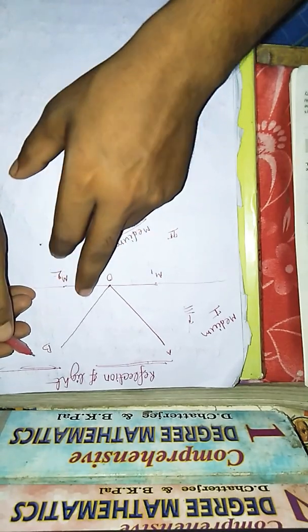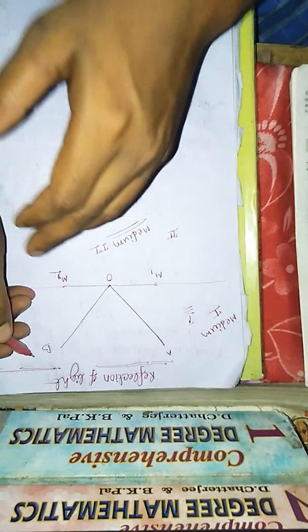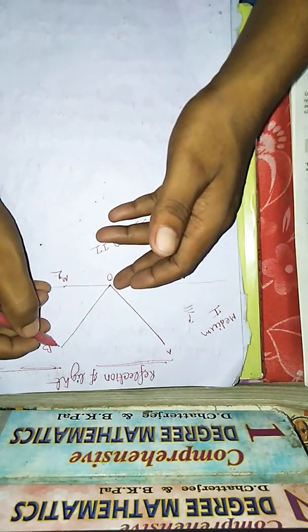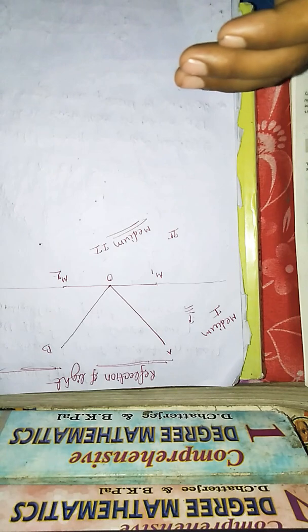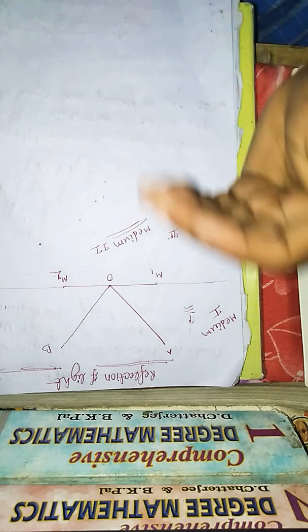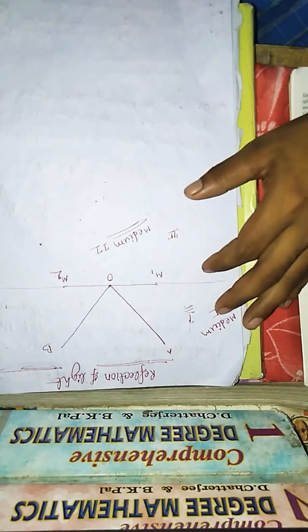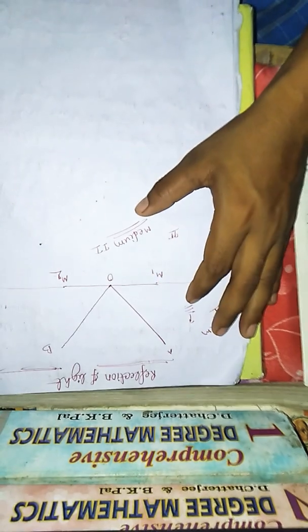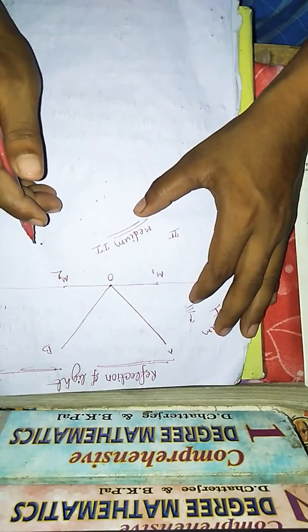What is the situation of this point B? The B is situated in medium 1, so a part of the light is returned back to medium 1 again. So this is the reflection of light. When light falls on any surface of any object or substance, a part of the light ray will be bounced back to the first medium again. This is known as the reflection of light, and this is the very easy and general definition of reflection of light.